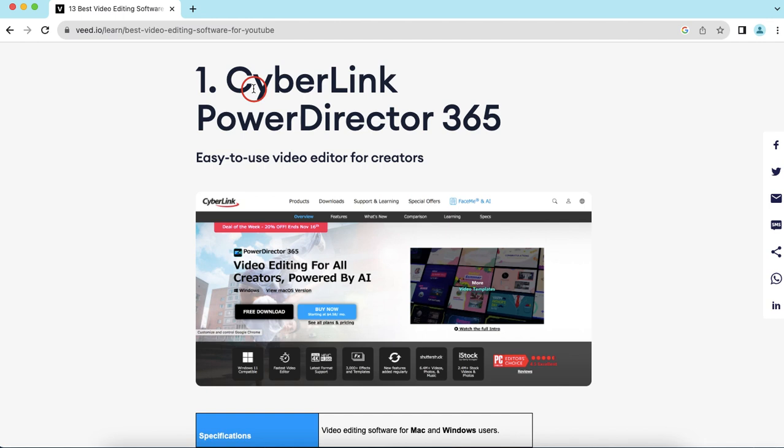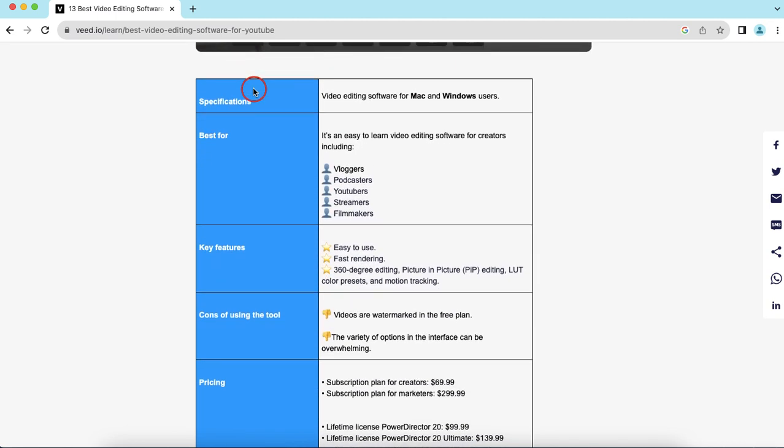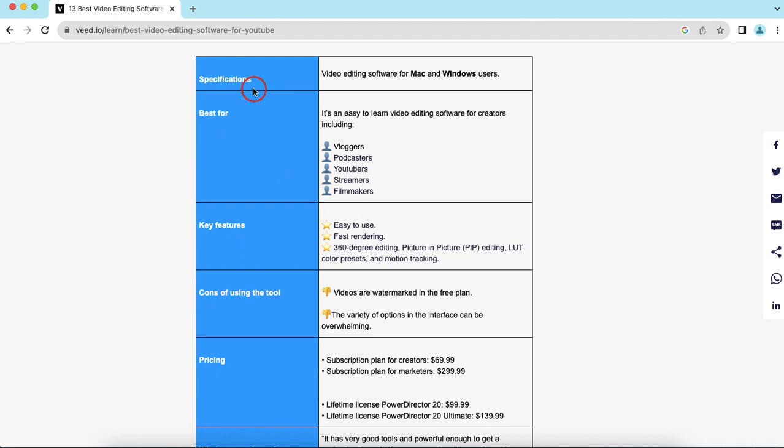The first one is Cyberlink PowerDirector 365. This is a video editing software for Mac and Windows users. It is easy-to-learn video editing software for creators including vloggers, broadcasters, YouTubers, streamers, and filmmakers. Easy to use, fast rendering, 360 video editing